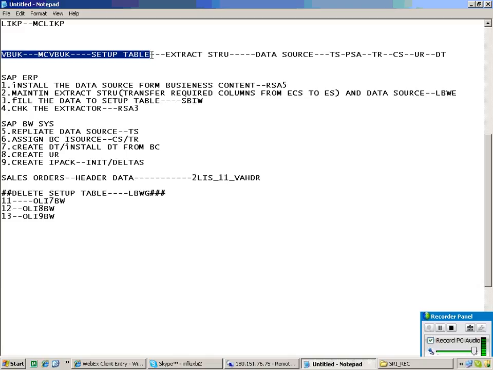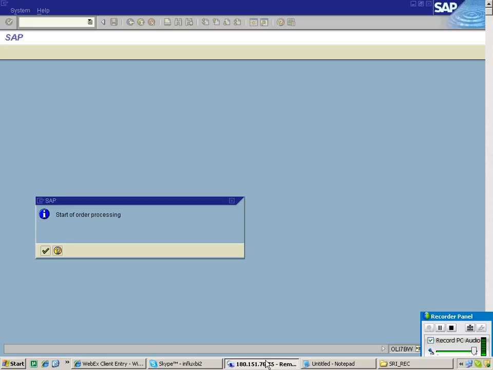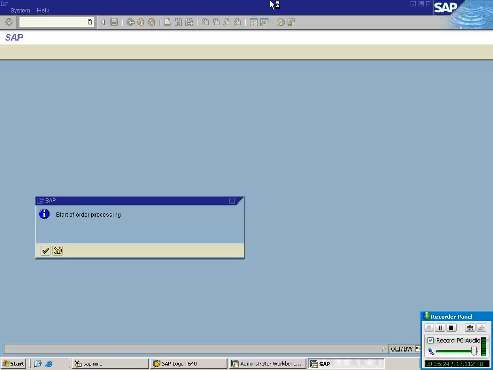For this background job, we are giving some 10 minutes to fill the setup table. Assume that 10 lakh records are there in the document table, and in the 10 minutes only 8 lakh are filled. What about the remaining 2 lakh? Any record that is missing without filling the setup table is collected as part of our delta. Right? So from the document table, we are filling data to the setup tables. That's what we are doing. It's going on.